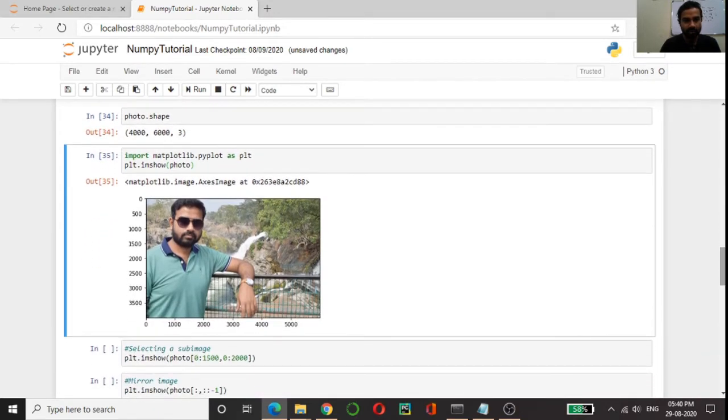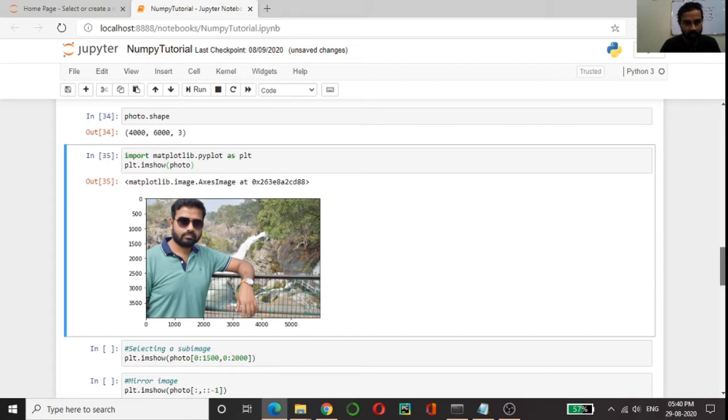As you can see, whatever image I had read is being shown here. Now this image has a resolution from 0 till 4000 and from 0 till 6000.